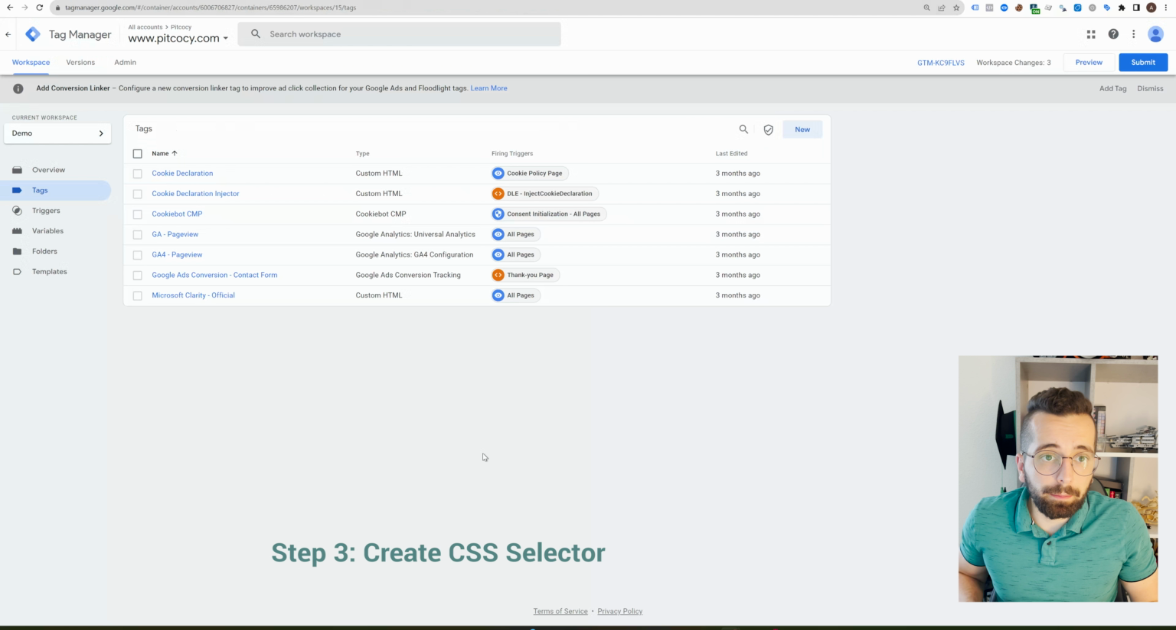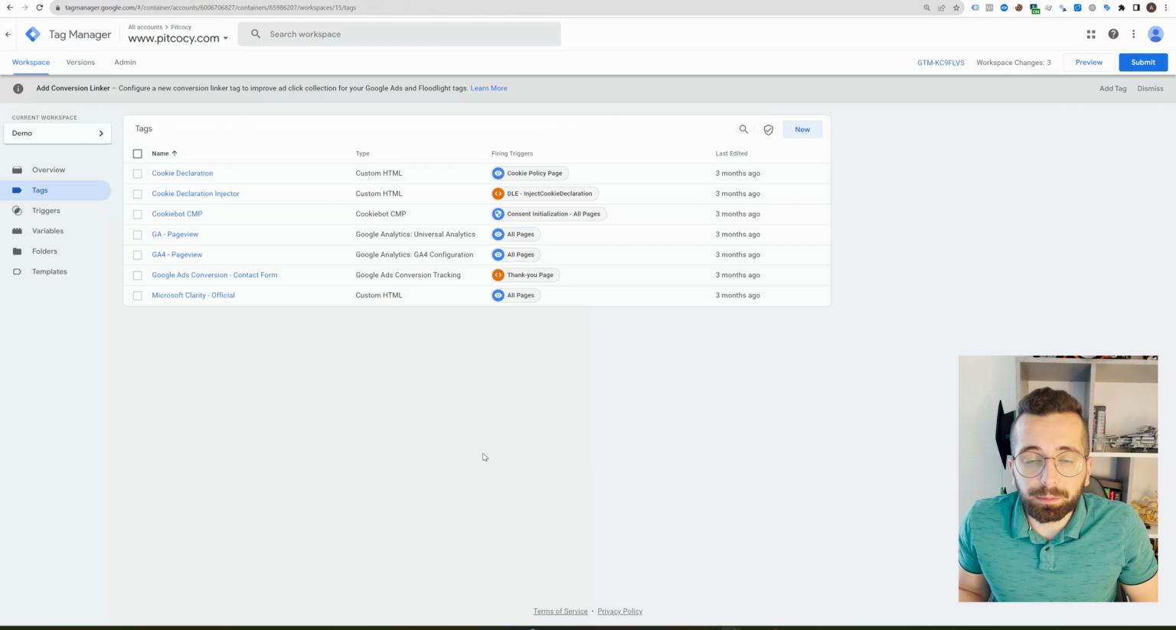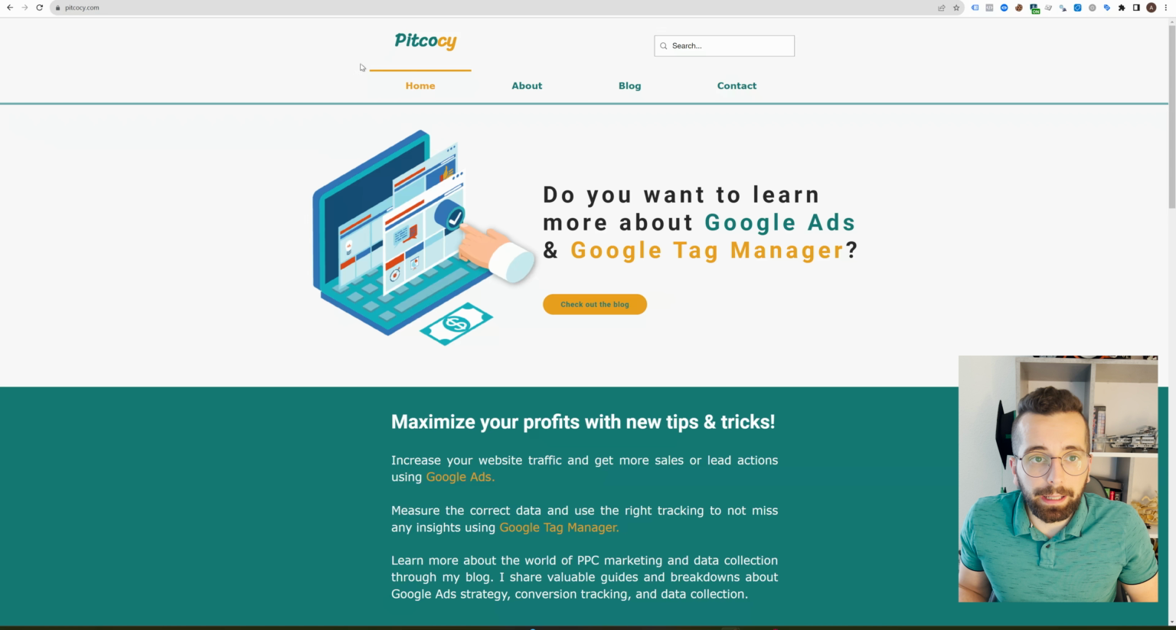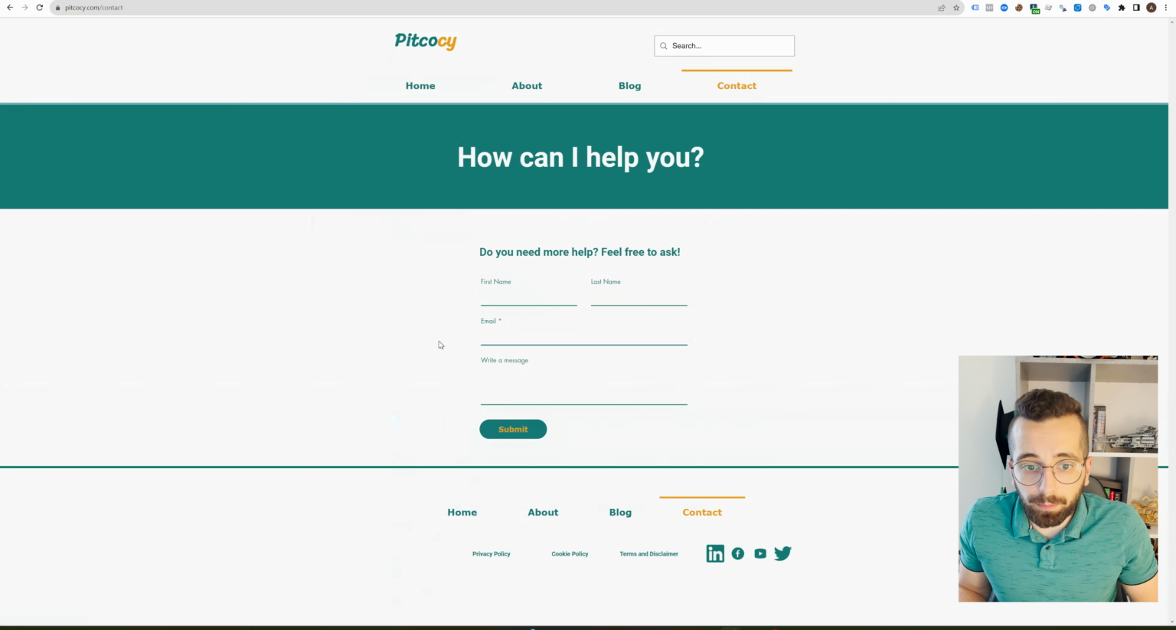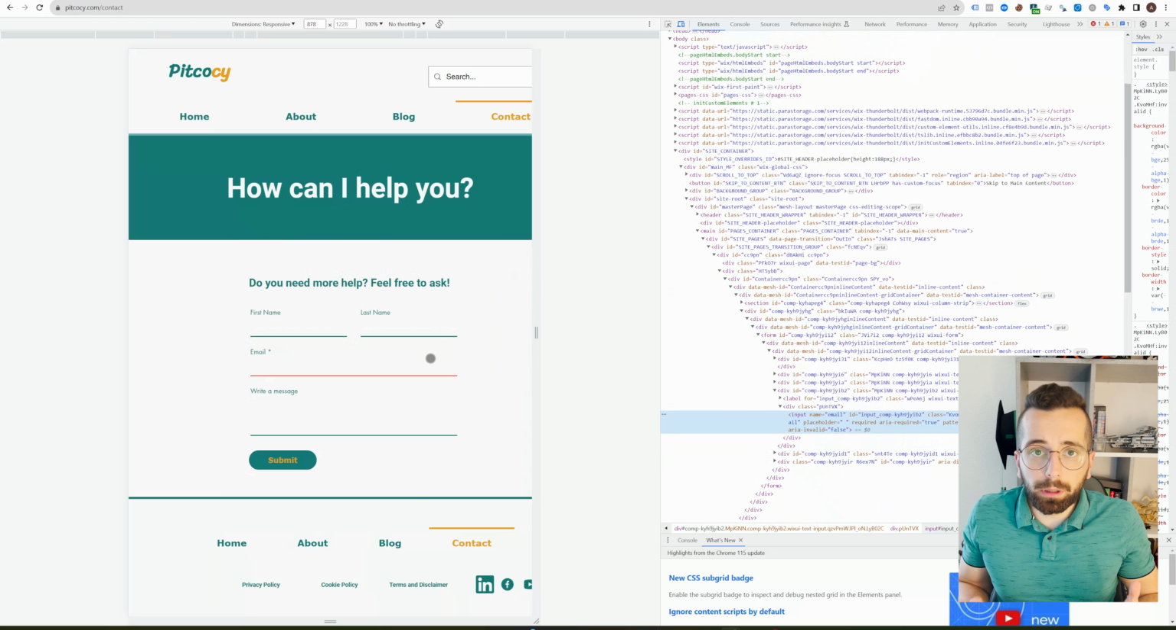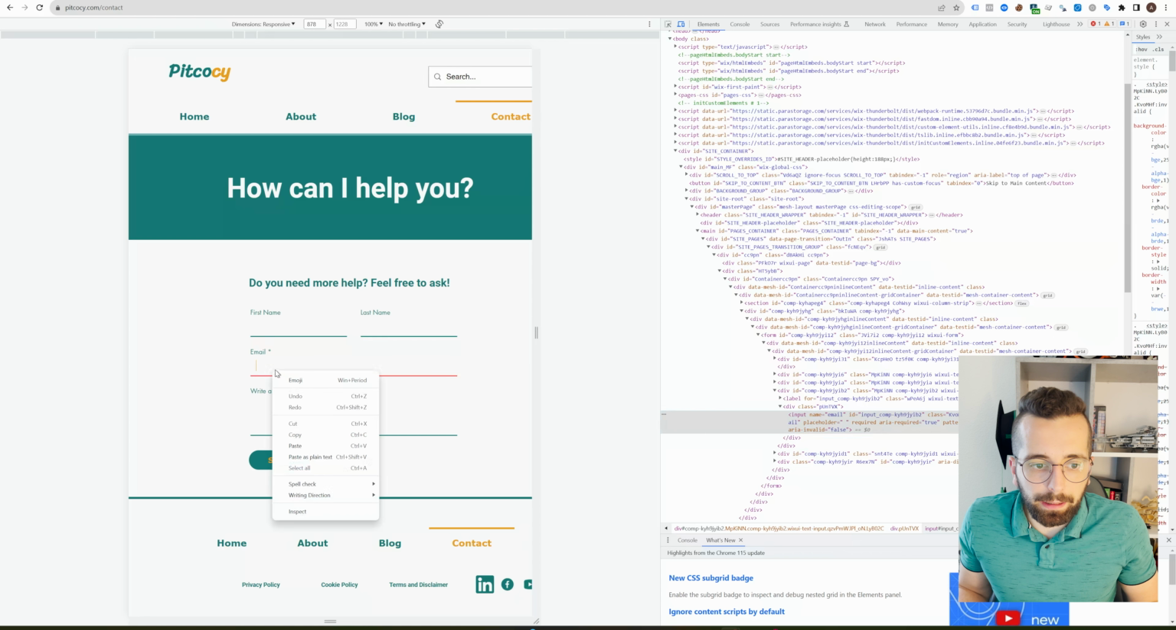First of all, when we are in the Tag Manager account, we will open the website where you want to implement or where you want to measure the contact form. So I will take as an example my own website, and I want to implement enhanced conversions to capture the email address when someone fills in the form on my website. You need to go to the website where you want to implement this, and basically you have to go for the form which you want to track and where you want to capture the email,